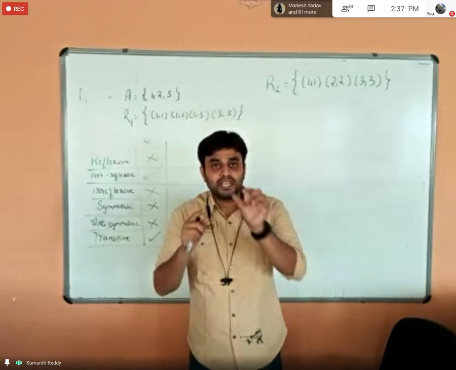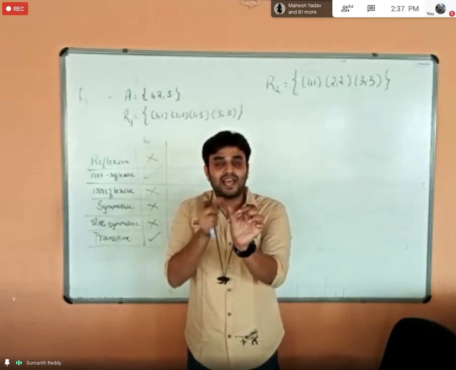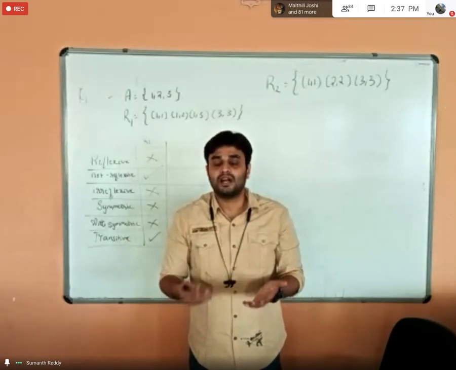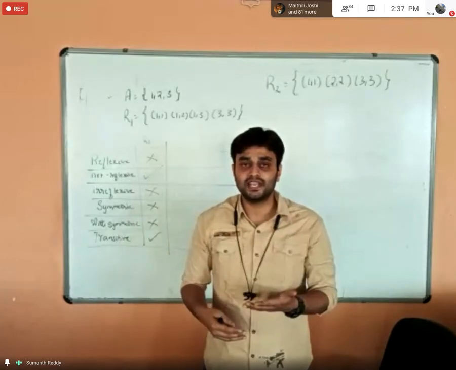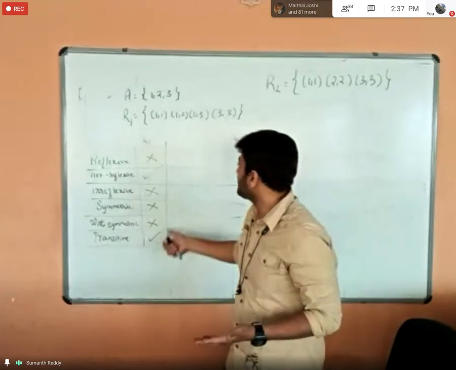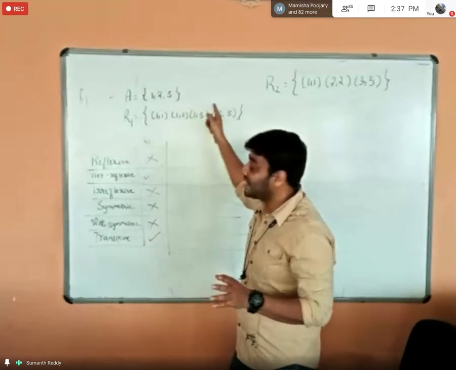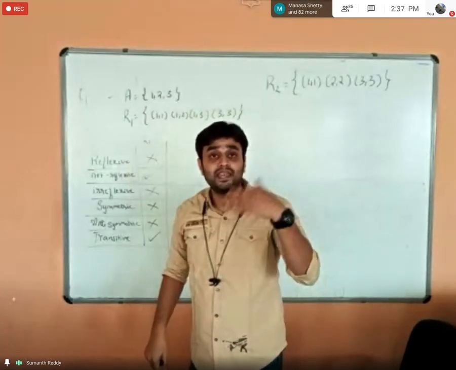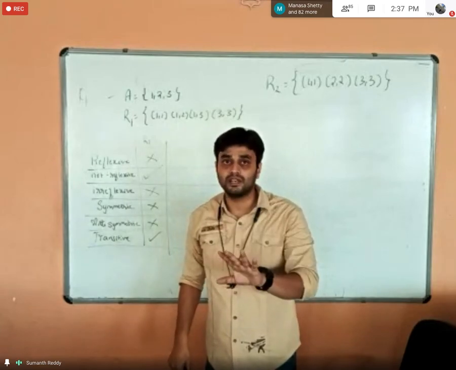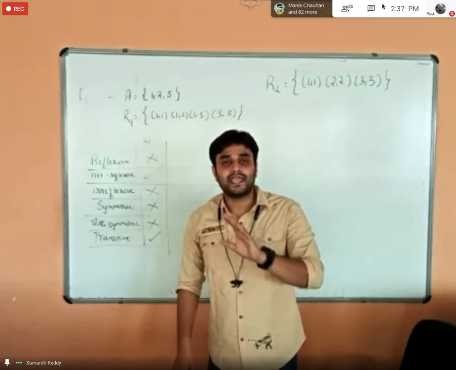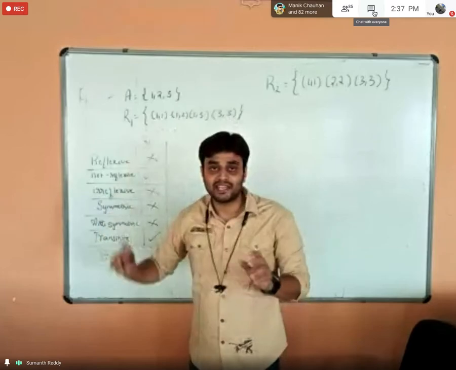Understood, right? So divisibility, both the sides will happen only when they are equal, and that is the reason the divisibility relation is antisymmetric. Whereas in this case, he has given 1 comma 2, right? And 2 comma 1 is not there. Even if 2 comma 1 is there also, 1 and 2 are not equal.